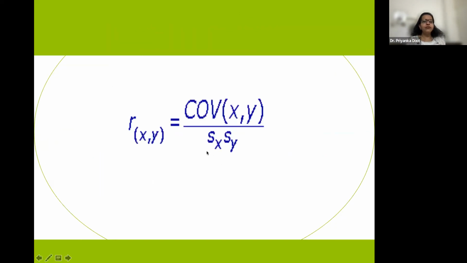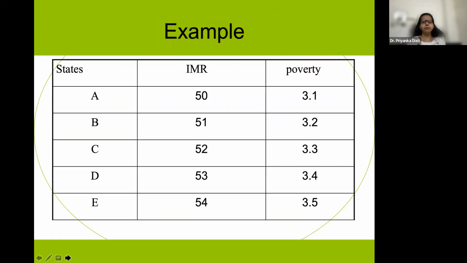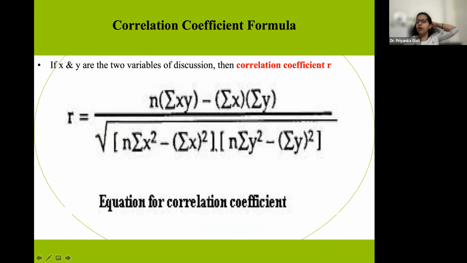So the formula of correlation is this one. Correlation is represented by small r. Small r is the covariance between x and y divided by the standard deviation of x times the standard deviation of y. If you expand the formula, you will finally get this form. It seems complicated, but it's not. There are various forms of the correlation formula in different textbooks and online material.